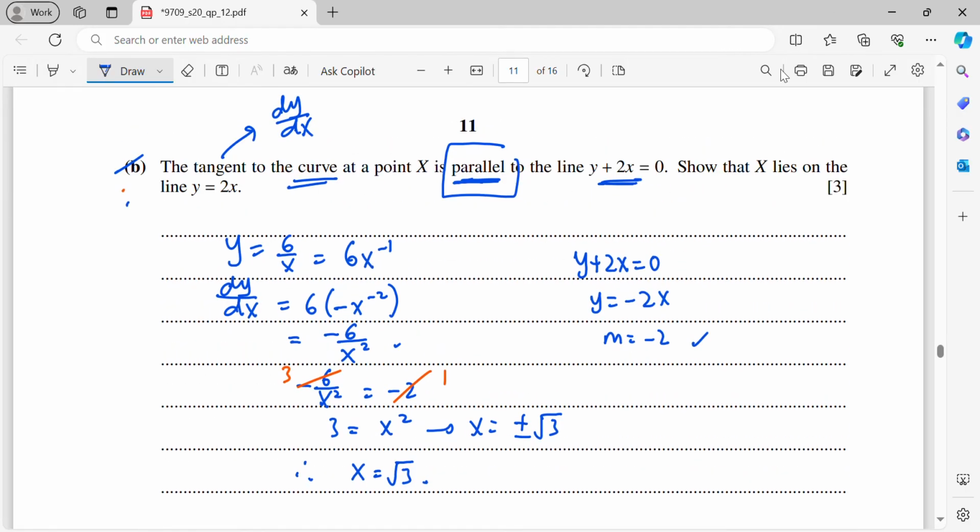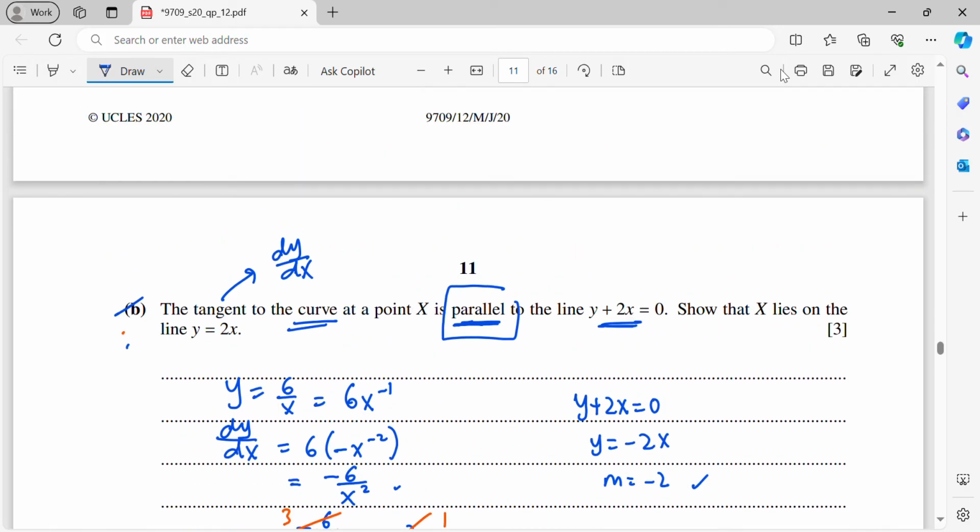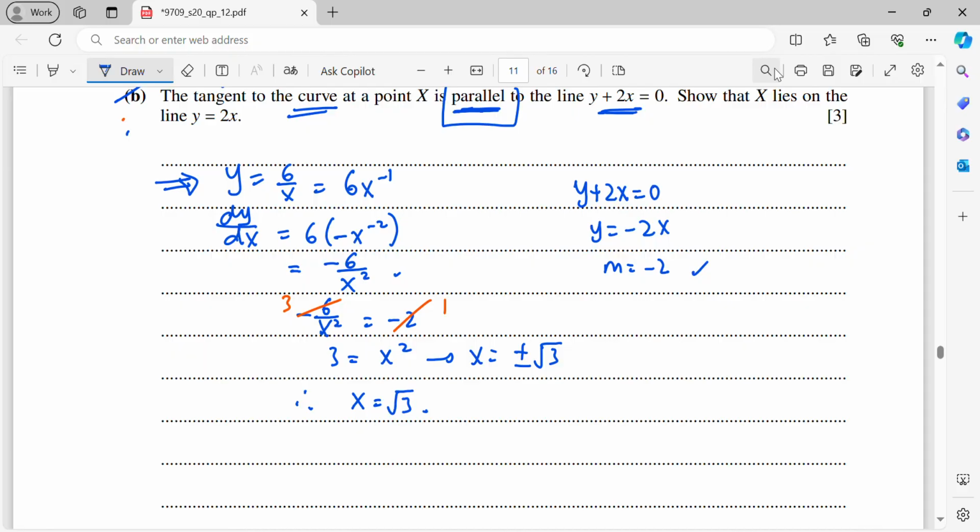Now I need to find out what my y is first. So just substitute back into the curve equation, right? So when x equals square root 3, my y is 6 over x. That means it's 6 over square root 3. The 6 over square root 3, this 6 is basically square root 6 times square root 6, then over